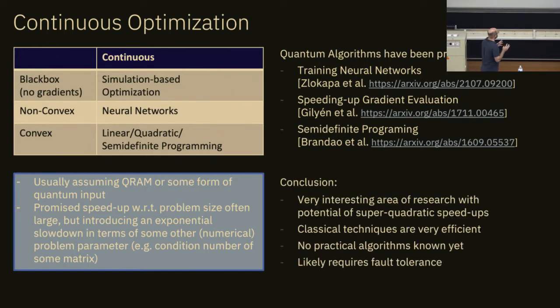To conclude on this field, I really just wanted to give a very brief summary. Quantum optimization for continuous problems is very interesting because it has the potential to really achieve super quadratic speedups, really polynomial speedups of higher orders, which can be quite cool. But at least today, it always comes with some catch, and we don't really know of a practical algorithm, let's assume fault tolerance is not a problem, that end-to-end for a practical problem would really promise a speed up. I said it likely requires fault tolerance. The reason is that the classical algorithms are pretty good.